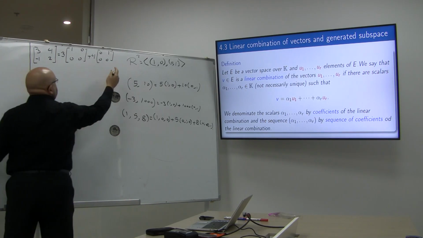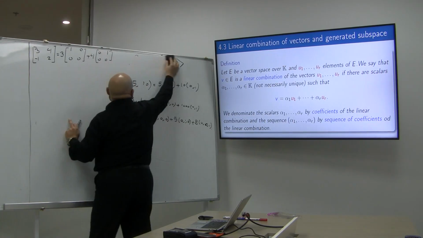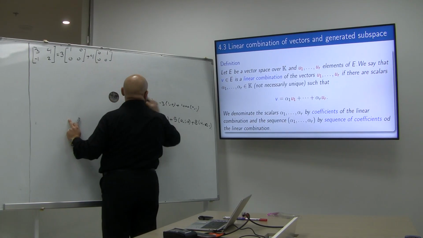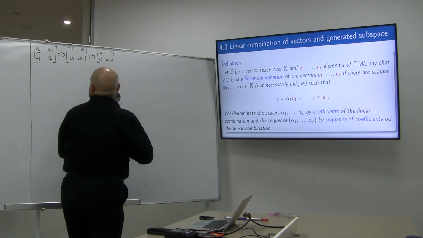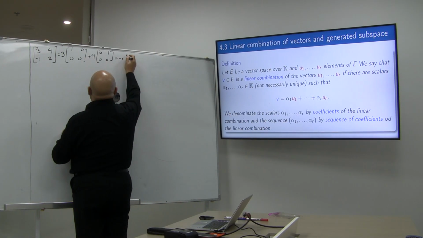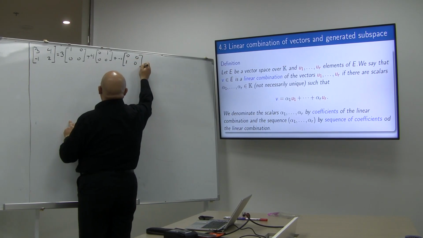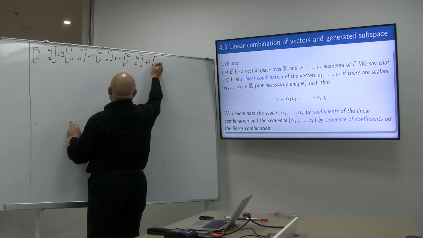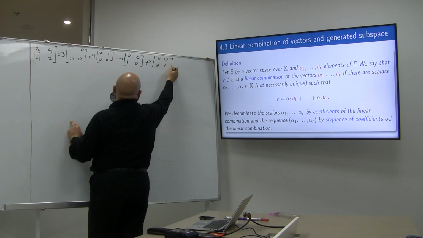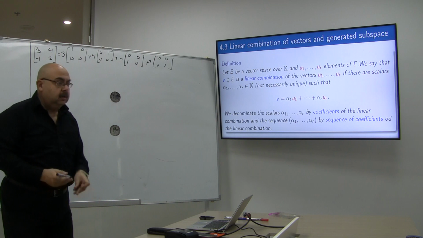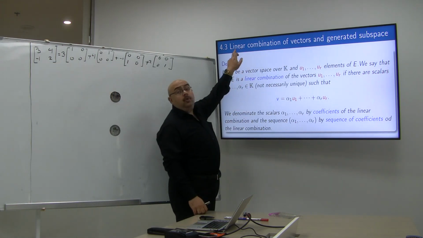Then plus negative 1 times (0, 0, 1, 0), then plus 2 times (0, 0, 0, 1). So it's correct. Okay? So, remark, I'm going to talk in this part